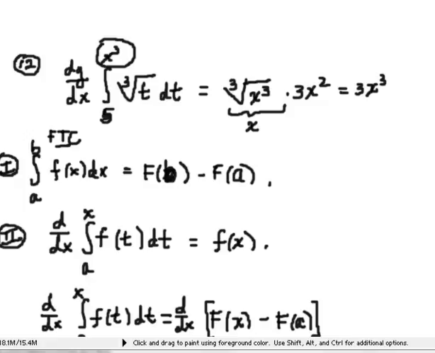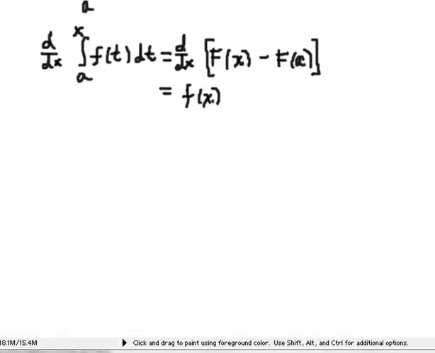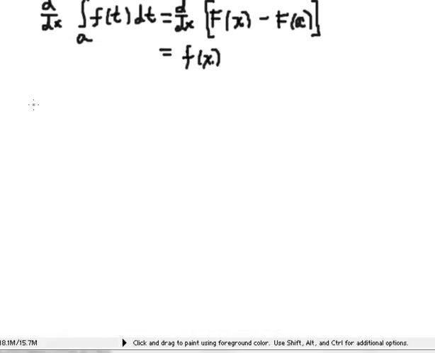And that's it, we're done. Okay, let's look at the last question in our review. Question 13, it's a related rate question. And it says the spherical balloon is filled with air at the rate of 10 cubic inches per second. Alright, so that says that the volume is increasing at the rate of 10 cubic inches per second. So dV/dt is equal to 10. Find the rate at which the radius of the balloon increases. Find dr/dt